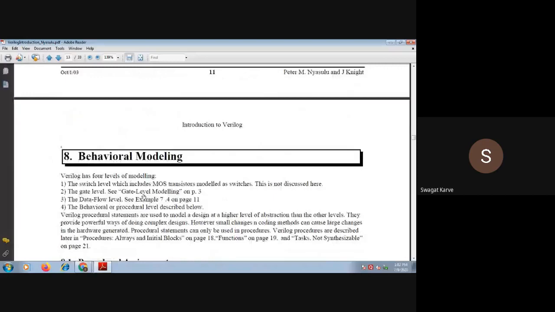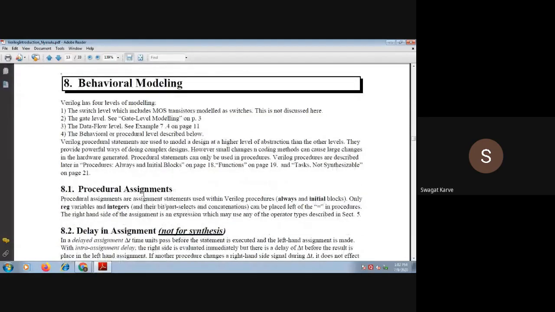Now next thing is behavioral models. As we have studied in VHDL, we can design our architecture by using three models: behavioral, structural, and data flow.